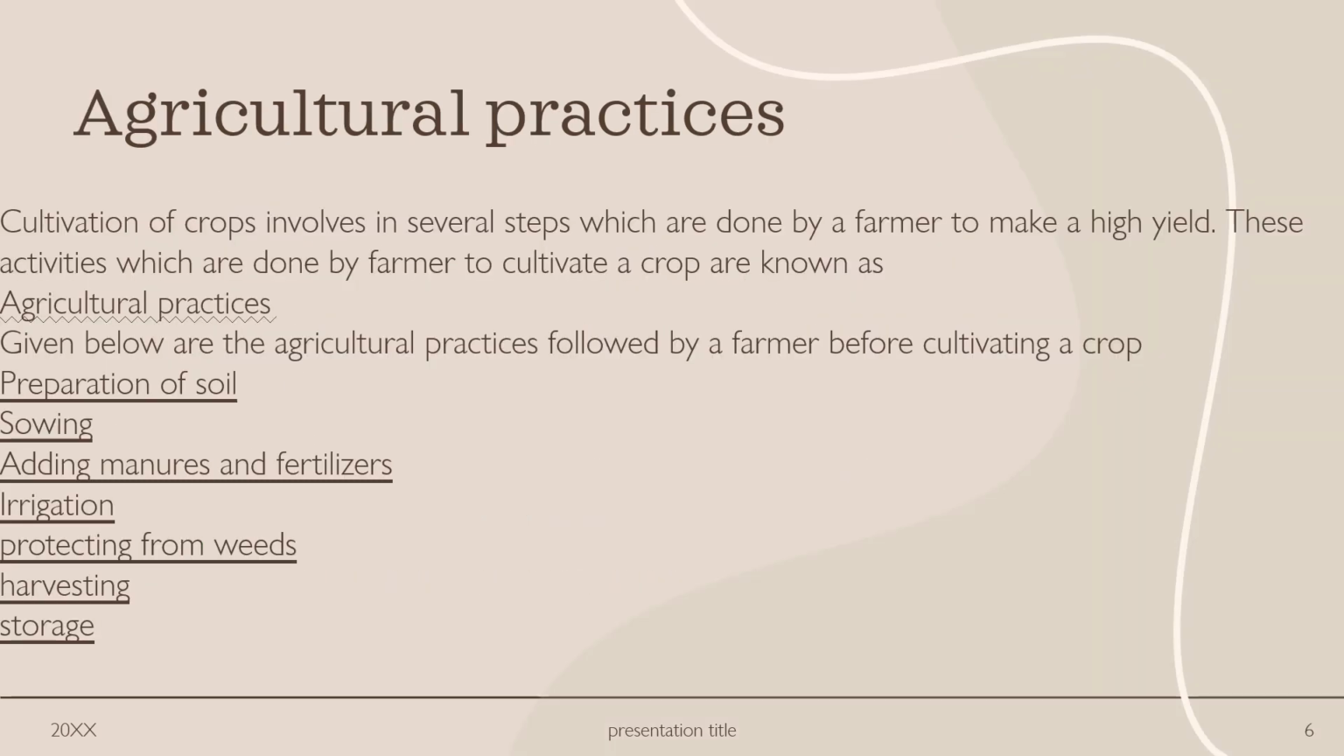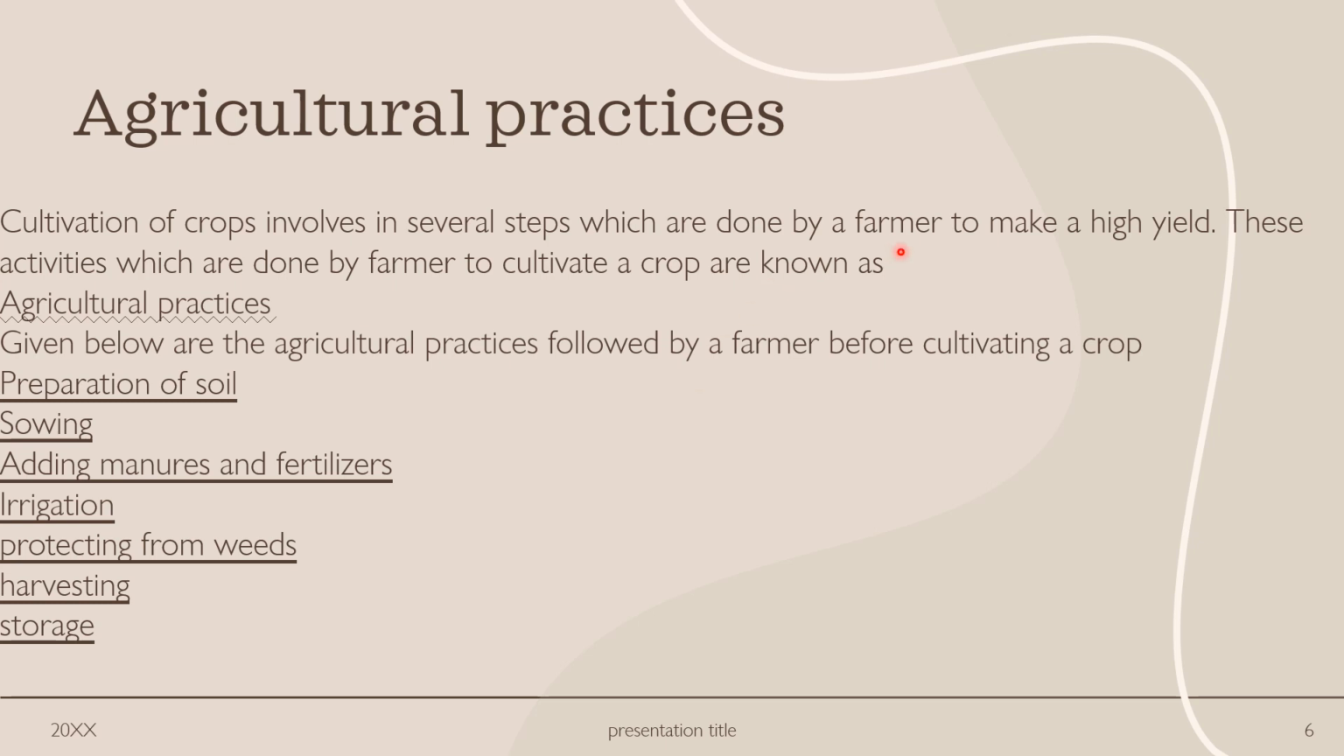There's something called agriculture practices. This is something that a farmer should follow to get a high yield. High yield means high crop production. Every farmer expects that their crop cultivation should give high production so that they can get a profit from it. Now cultivation of a crop involves several steps